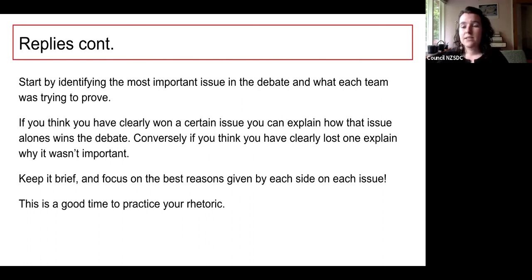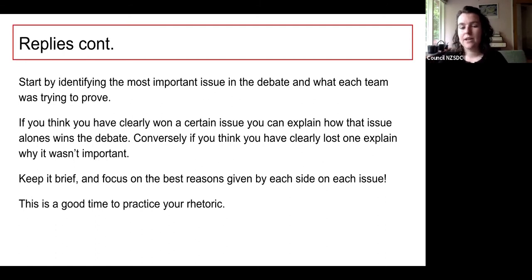Start there, start with the thing that matters the most, explain what each team said on the issue. We said this, they said this, here's why what we said is more important or more true. Hopefully both, hopefully more true and more important than what they said. Try to keep it brief because speeches are only half as long. That means just focusing on the most important things each team said, the best reasons that you gave, the best